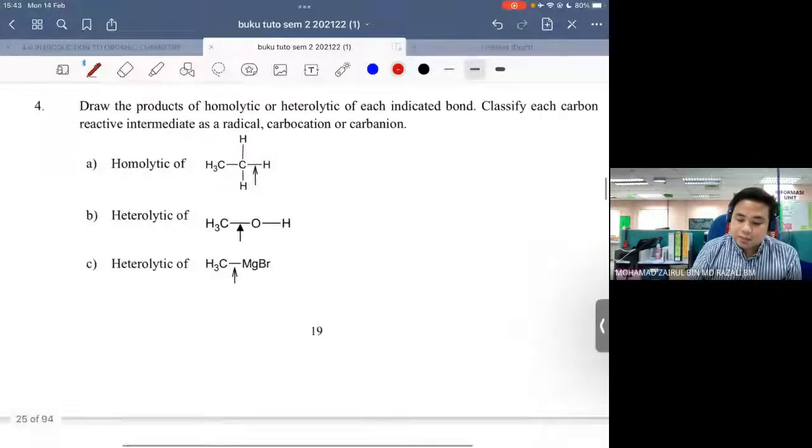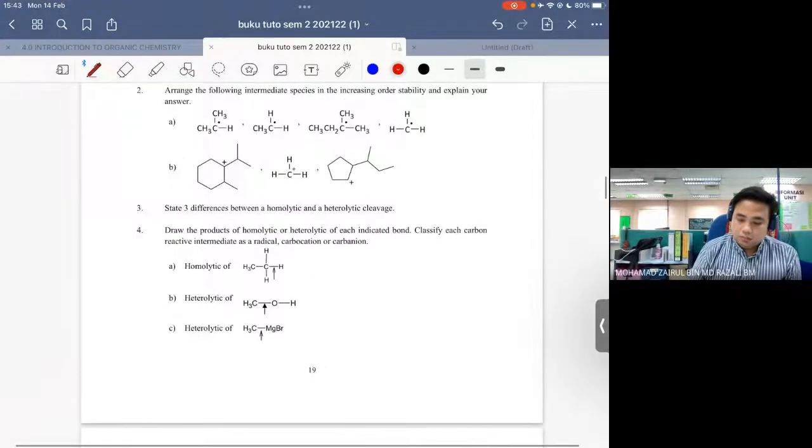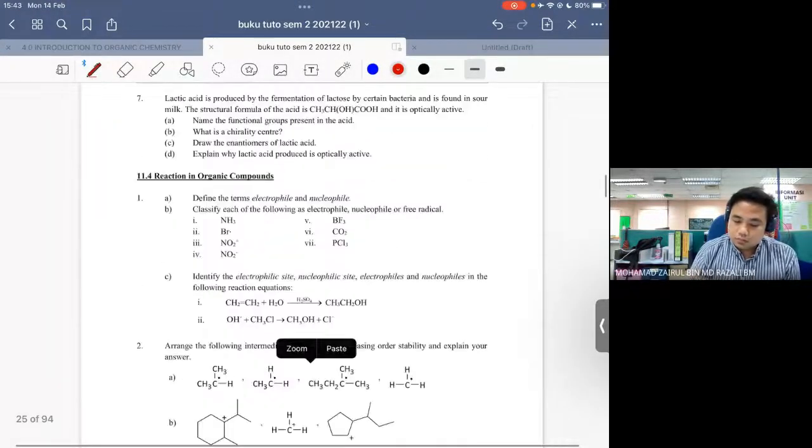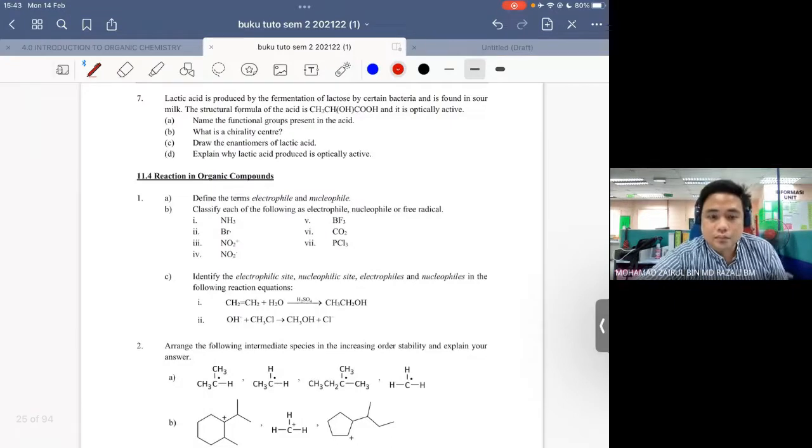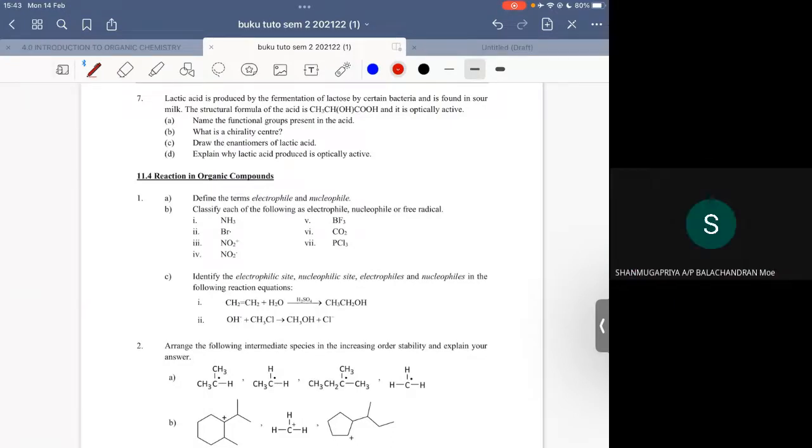Okay, setakat ini ada apa-apa soalan? Ada apa-apa soalan? Tak ada, sir. Yes, sir. Okay, so kalau tak ada, alright, so kalau tak ada,